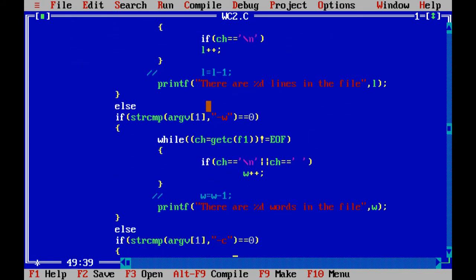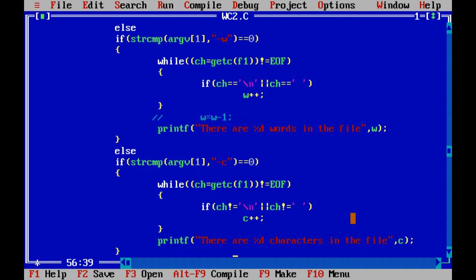Else we are going to compare position 1. If it is -w, we are again going to get characters until we reach end of file, and again we are going to check for \n and a space, and we are going to count our words. We will finally print the number of words on the screen.